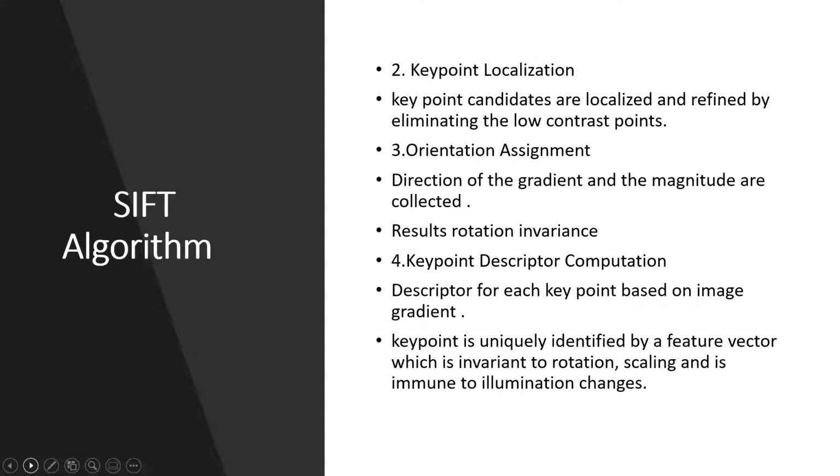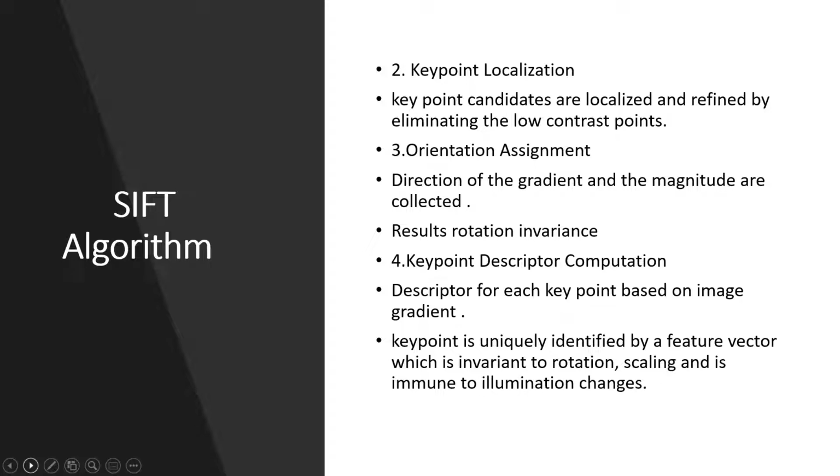The next step is to find local maxima and minima across different scales and eliminate key points that are poorly localized. In the third step, an orientation histogram is formed for all pixels around the key point, in which 360 degrees of orientation is divided into 36 bins, weighted by gradient magnitude and Gaussian weight. The histogram peaks are considered as the orientation of the key point.